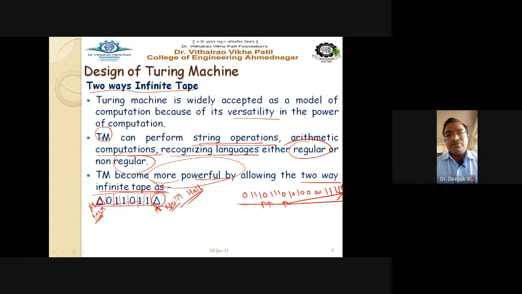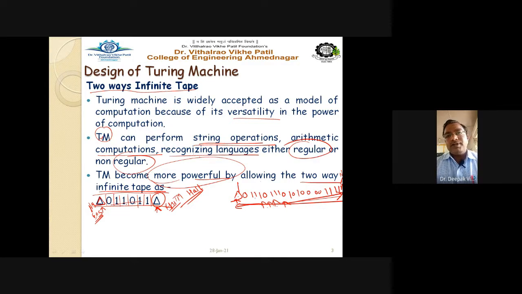But if the capital delta is placed on the left-hand side, and the moving head is nearer to the left-hand side, it immediately reaches that symbol, the capital delta, and concludes that it is the starting point of the input string, and here is the ending point of the input string. So the execution time of the Turing machine is reduced here.